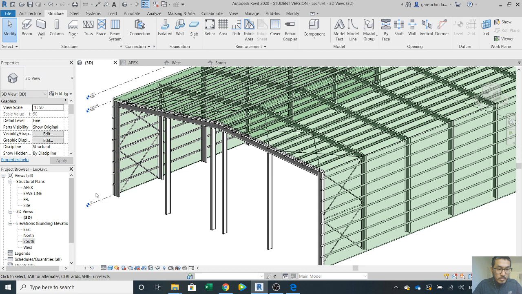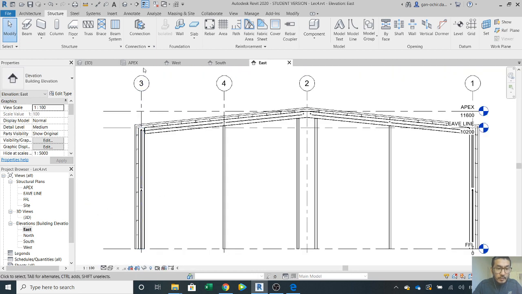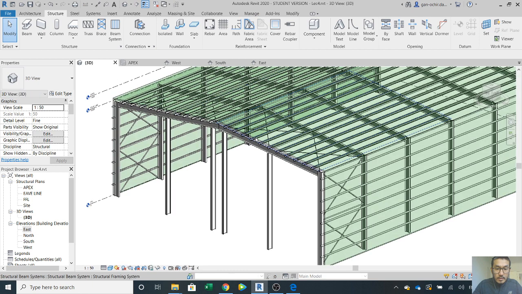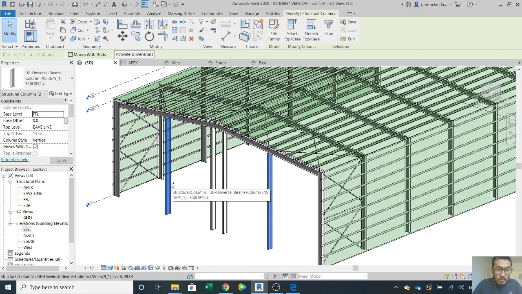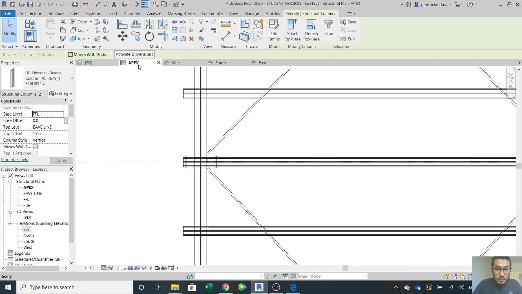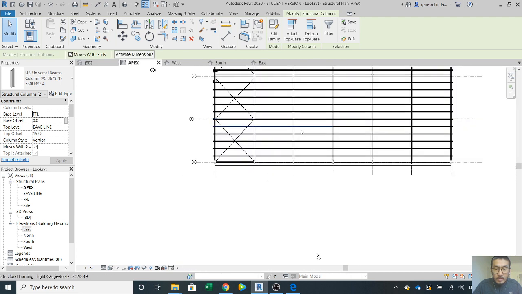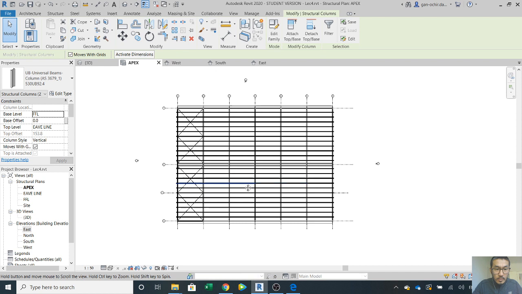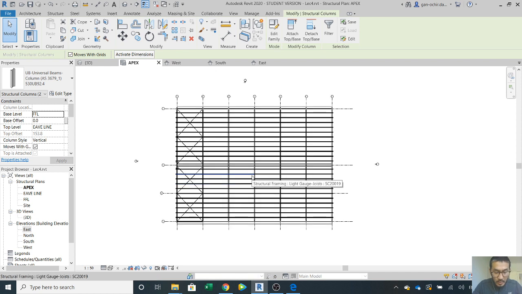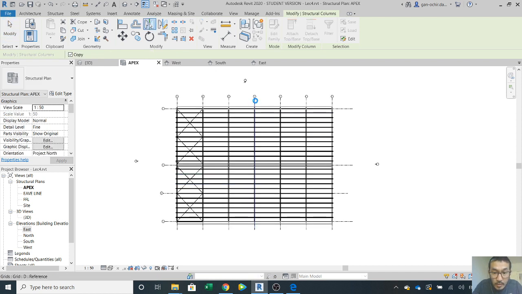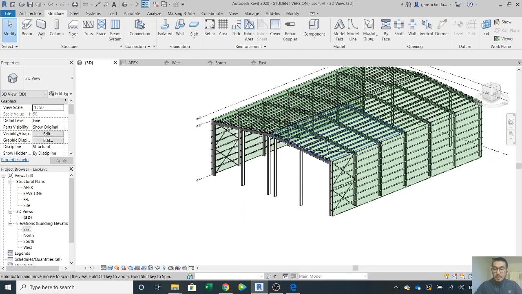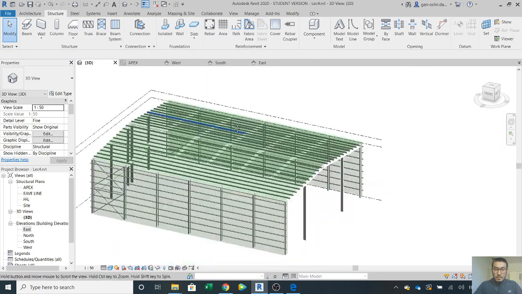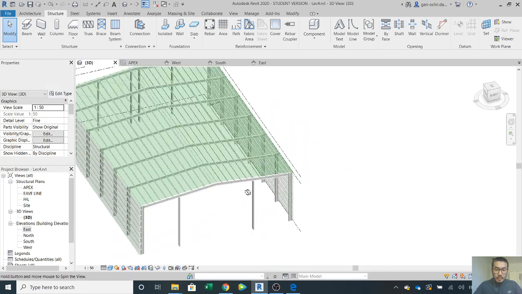Now go to the east, let's go east. But before that, let's select the middle two, go apex, mirror from middle, let's have a see. Okay, now we have here,